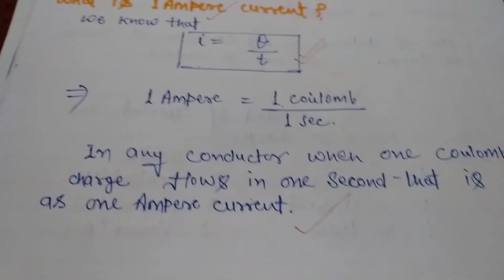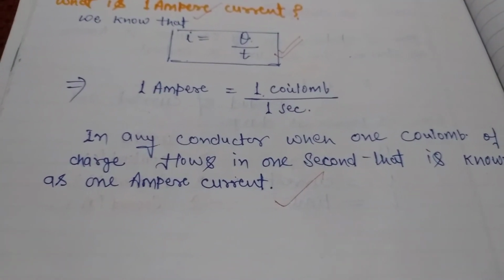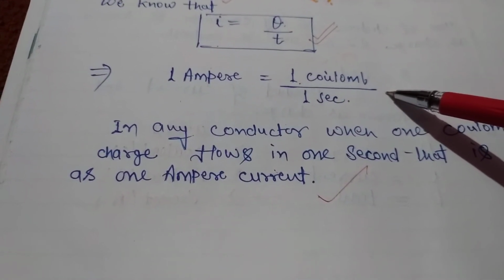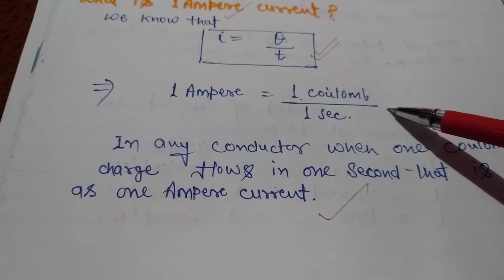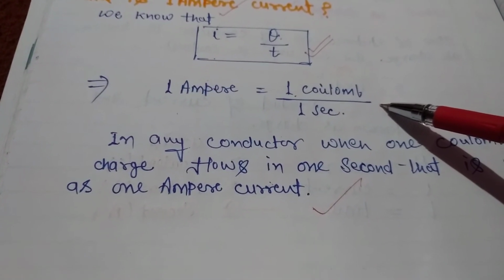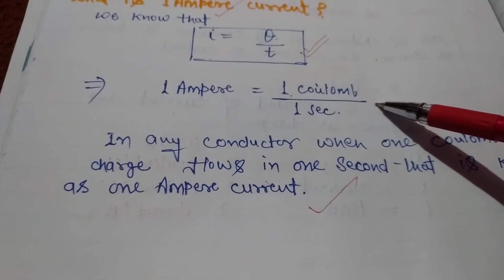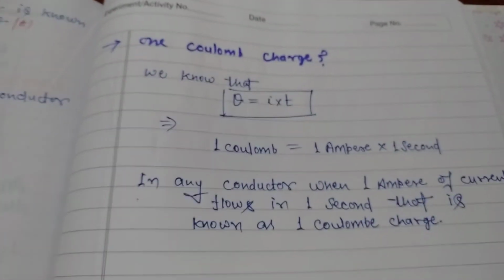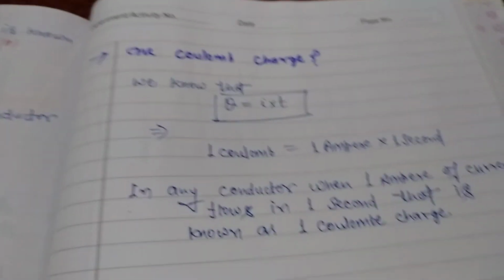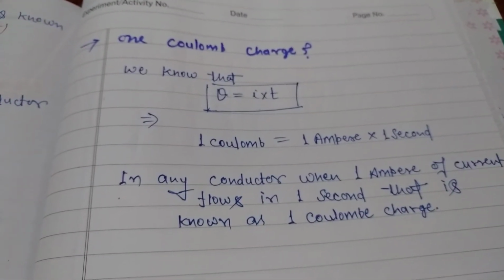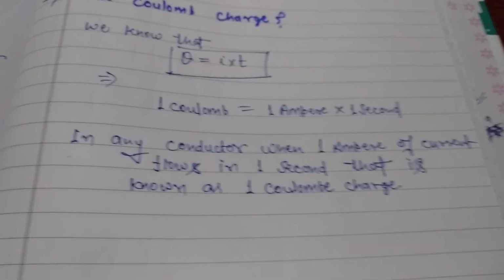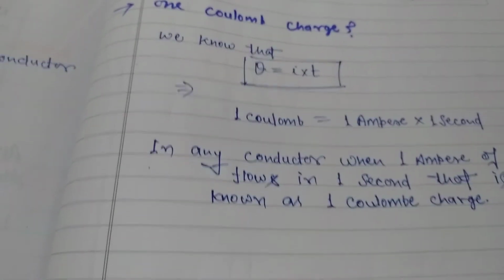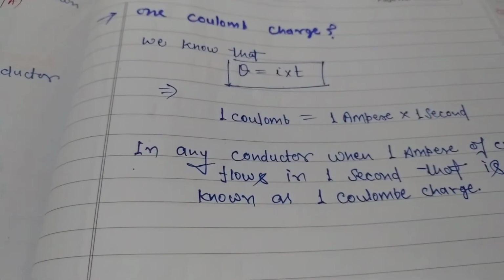With the help of the formula, we can explain our definition easily. This is not part of the definition of 1 ampere, but we are writing it here because we get easy terms, an easy definition, with the help of this. And the next term is what is 1 coulomb. Dear students, 1 coulomb we can explain directly, but for our easy terms, we are writing its formula and writing 1 just before the units of the quantity.